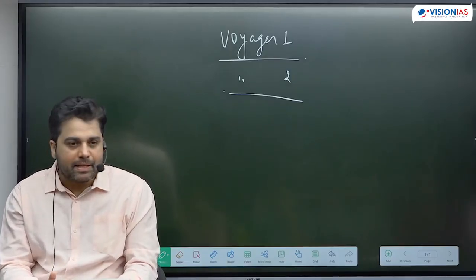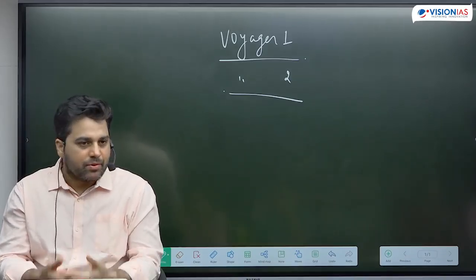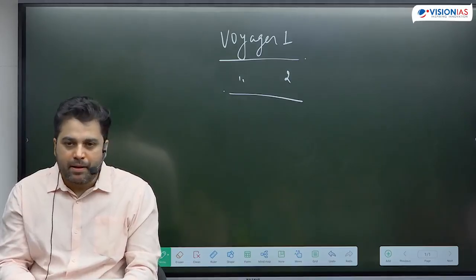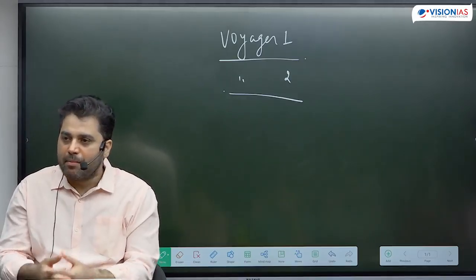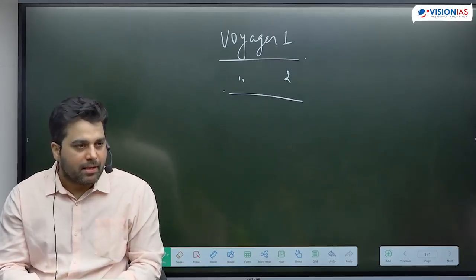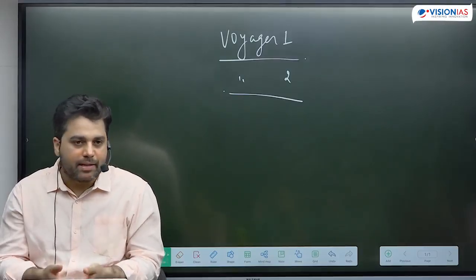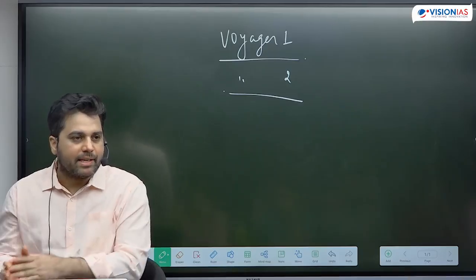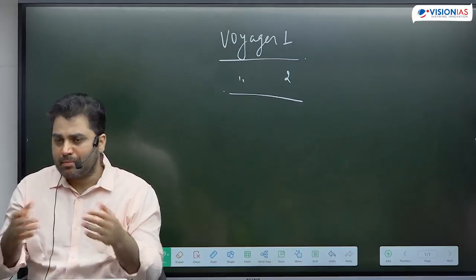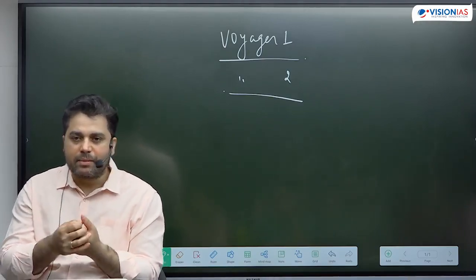There will be places in space which will go through complete darkness and you do not have any source of energy. And let's say you have a battery, that battery needs to be charged with the help of solar panels. But if you do not have sun energy, solar energy, then those batteries will be discharged. Forget about sending data to Earth. You will not even be able to collect any data. So that is a challenge. Solar energy cannot be relied upon.